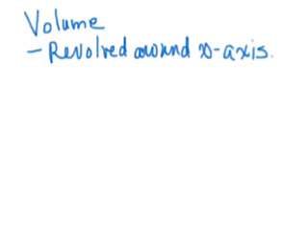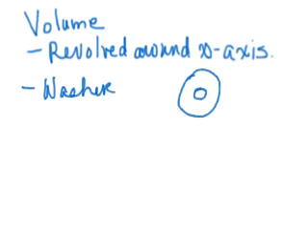What I'm going to show now is solids generated from revolving around the x-axis, and there are two methods for doing this. The first method that I'm going to show you is the washer method. The reason we call it the washer method is basically it has a hole in the middle, it's two circles, and it looks like a washer that's used in building. The whole idea behind this is